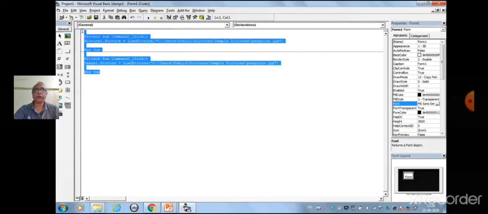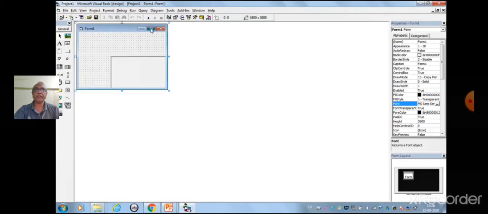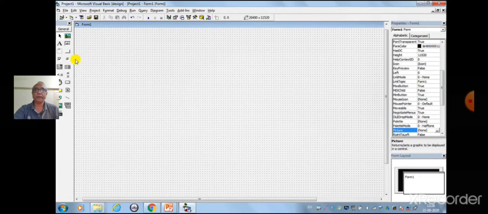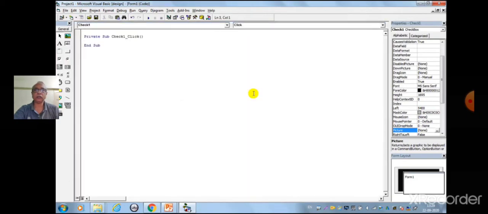Now in order to execute the control for checkbox, we will delete the existing code. Then from the form design window, remove the picture box and image box. Then place checkbox. Double click on checkbox and we will write the code. If Check1.Value = 0, means if it is unselected, the background color of Form1 should be red, else if it is selected, the background color of Form1 should be blue.